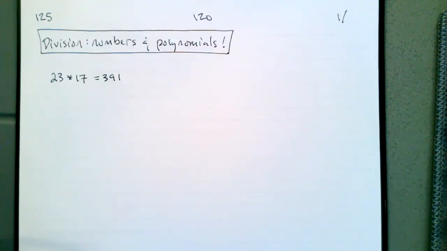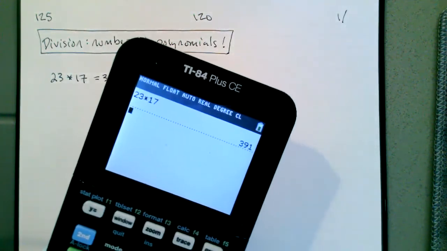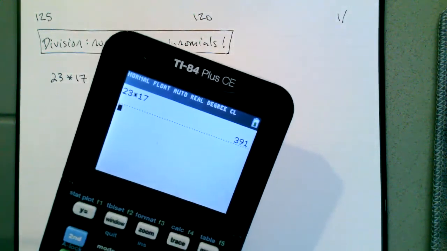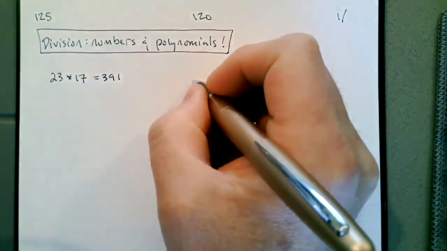So if you would recall, kind of a long time ago, we multiplied 23 by 17 and got 391. The best way to do this, of course, is to grab a calculating machine and do 23 times 17. If someone asks how to do multiplication quickly, this is it. You use a machine to do it. But if we want to build a system where algebra is also arithmetic, we want to compare what we do